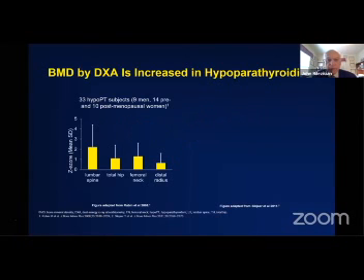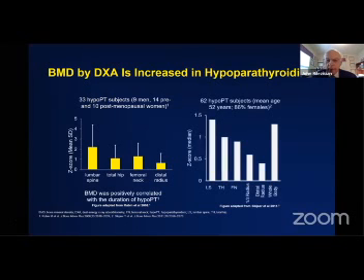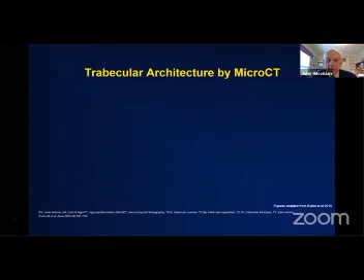The structural features of bone in hypoparathyroidism, I alluded to bone density, and quite different from hyperparathyroidism. Bone density is uniformly above average for age at all sites. This is from our work, but in addition, this work has been confirmed by many others. This is the work from Lars Renmark in Denmark. Again, patients have above average bone density at all sites. And over time, and I think you have contributed to this, your colleagues, there is a further increase in bone